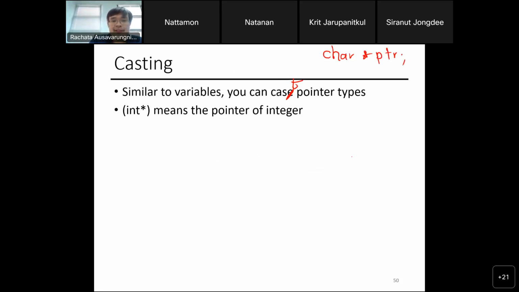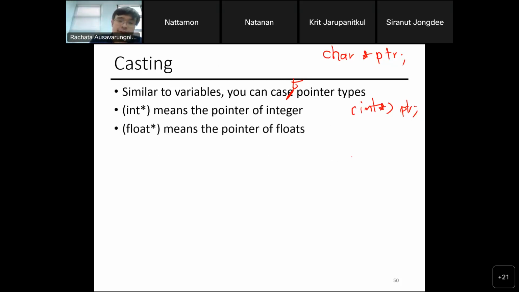But afterward, I do int star ptr. It means that now ptr would take the type integer pointer for that line. Basically, I cast it as an integer pointer rather than a character pointer. So float star means that this pointer will now point to a floating point number. You can do the same thing for any type of pointer, right?